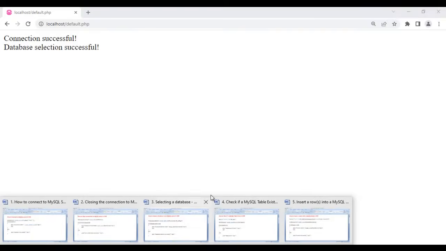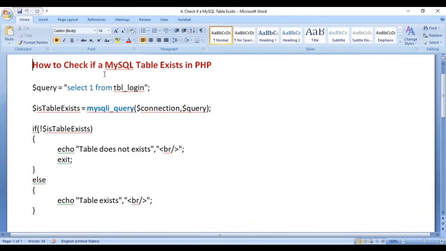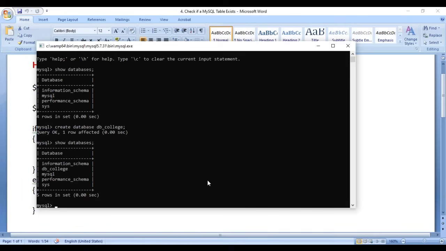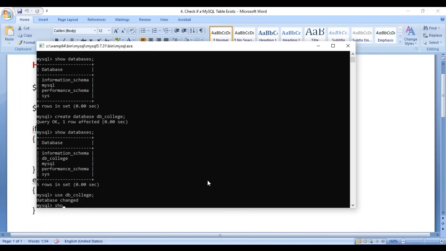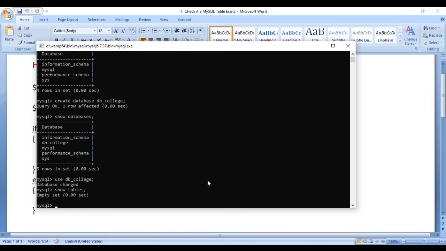Next, what we do, we check whether the table with which we want to work is available in the database. First of all, I am going to create one table called tbl_login in the database. Here I say use db_college database, and if I say here show tables; there are no tables in the db_college, so let's create a table. I say here create table